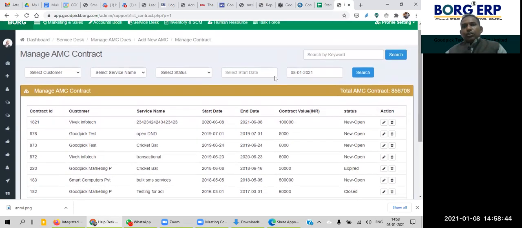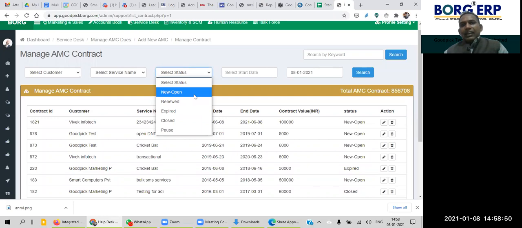Now you can see here, if I want to filter how many contracts are in open status, I can track that. If I want to track how many contracts have been renewed, I can do the same.